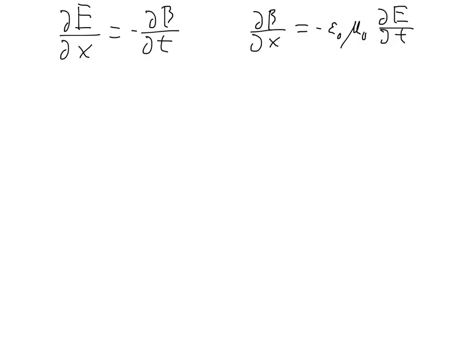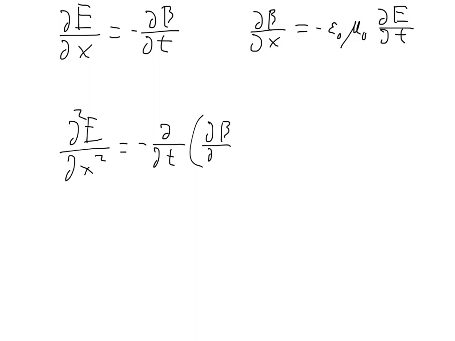So let's use these two results of a changing B field in space giving a changing E field in time. From this I could ask the question, what if I decided to take another spatial derivative of the E field? If I took this equation, I imagine doing d/dx to both sides, basically taking the x derivative of both sides. I'd be taking the x derivative of the B field here, and I already have something that describes how that works and how it relates back to this. So if I were to do d squared E dx squared, that'd be equivalent of doing d dt